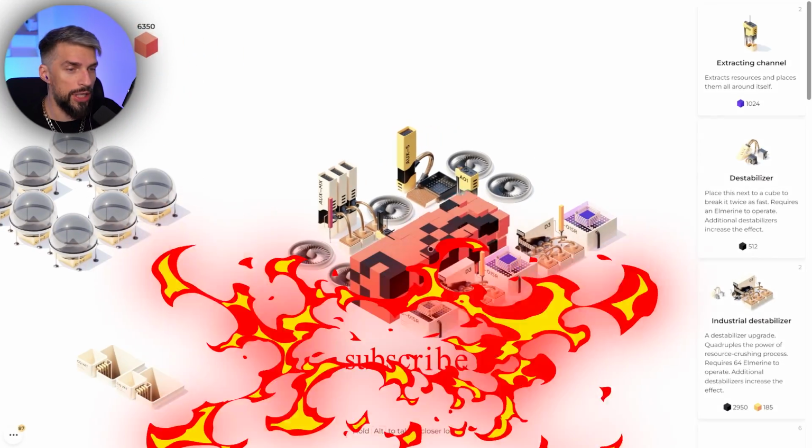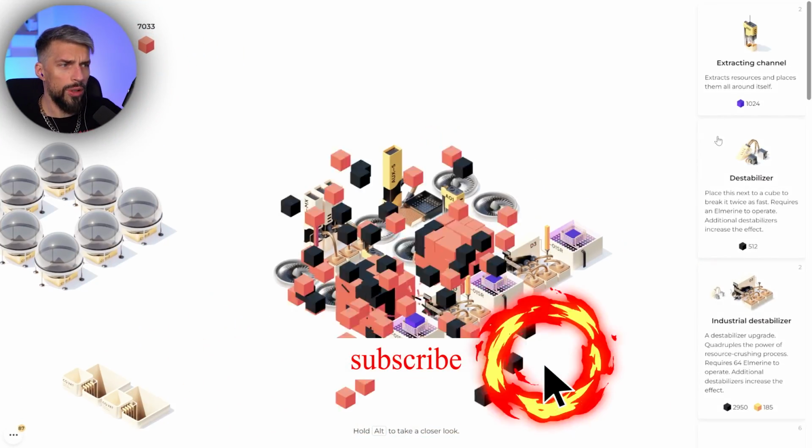Sup guys, it's Kosh, and today we will do our best to go through the automation in 64 as fast as possible. So when you just start out, what you need to do, you will need to place your building